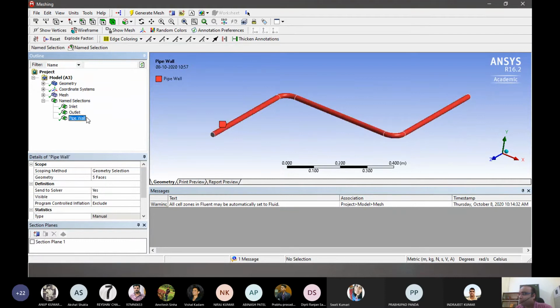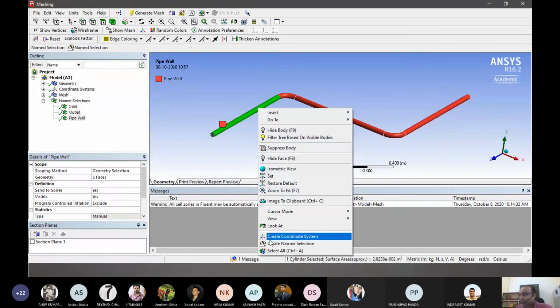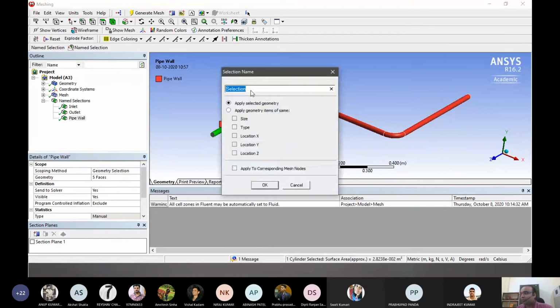And this was the full pipe wall. Now our scenario wants that this section, the first section near the inlet, is having a heating problem or spontaneous heating. Because we have to give different properties to different portions, we have to give a new named section to this. So we name it again, we select this and we make it a new one. Last time I was doing it at once, but I think this way is okay to understand. So this can be wall element 1, right?